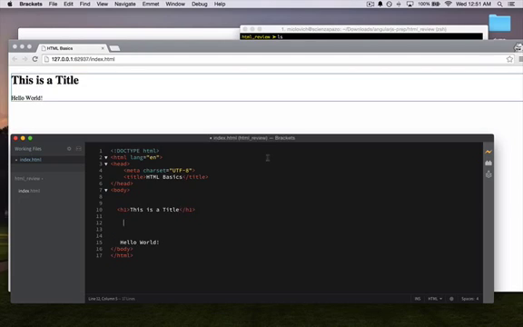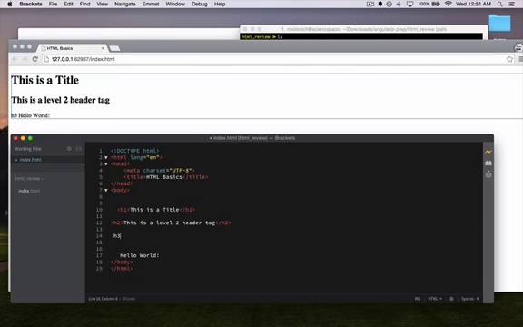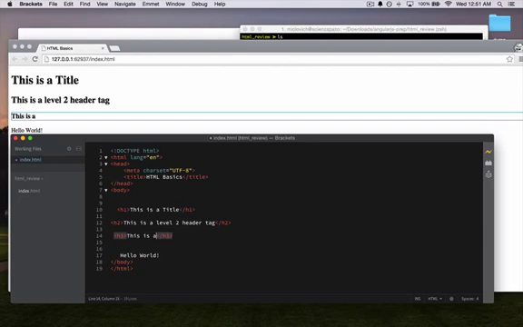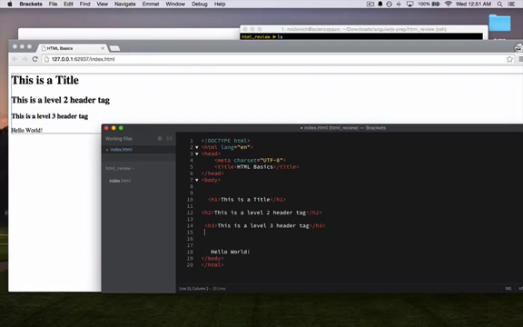Another tag that you can use is the H2 tag. It's a level 2 header tag. We also have the H3 tag, a level 3 header tag. What do you notice about these? The higher the number, the smaller the size of the font, and perhaps the thickness as well. And these tags stop at